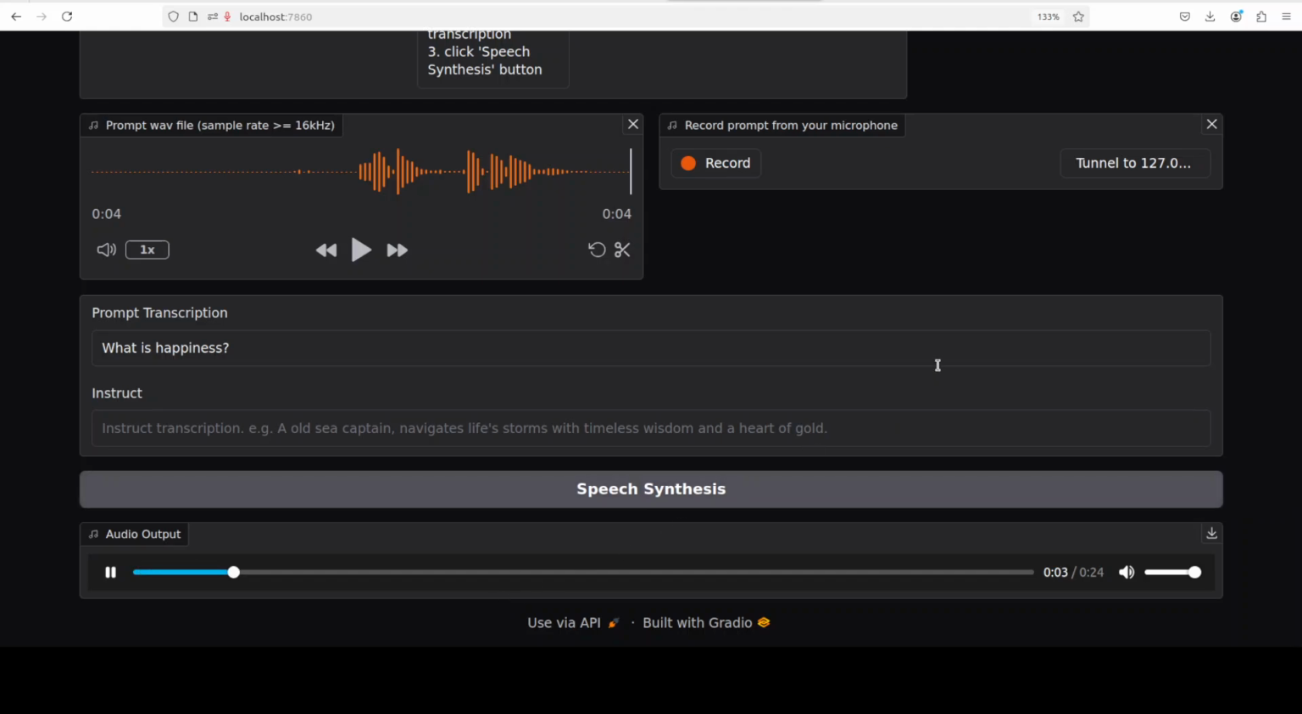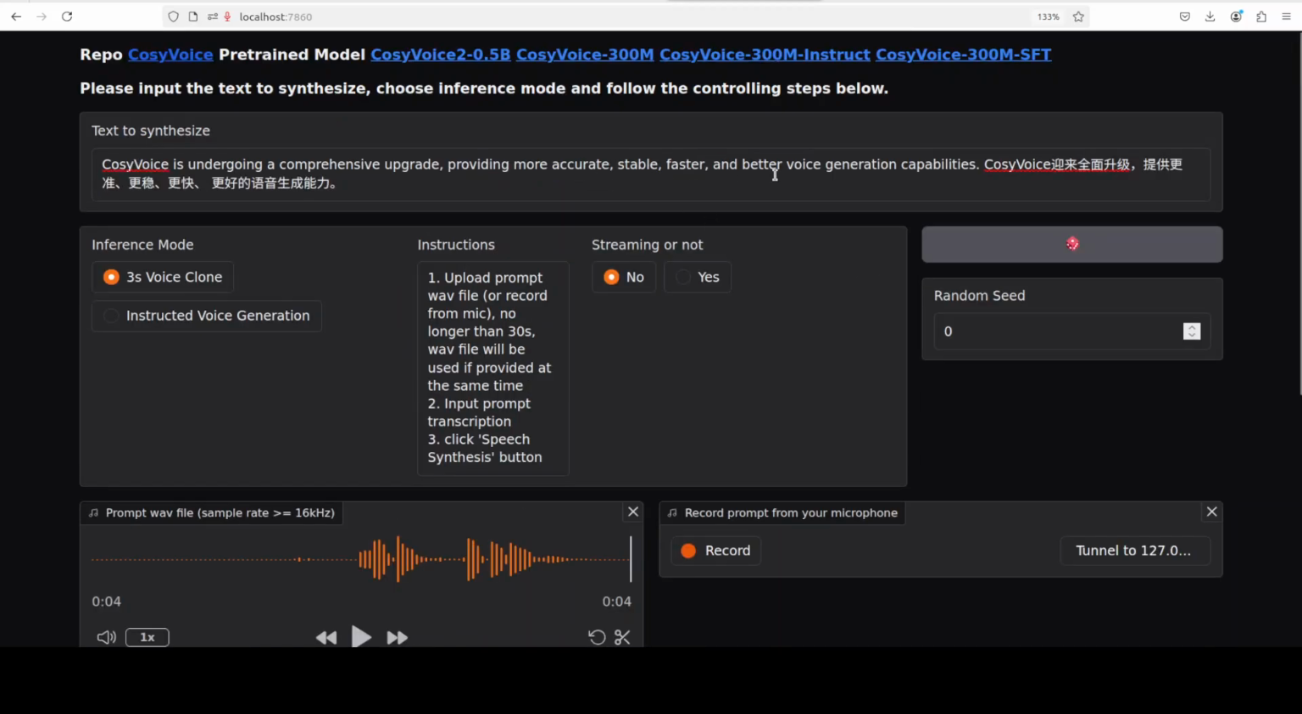CosyVoice is undergoing a upgrade, providing more accurate, stable, faster, and better voice generation capabilities. CosyVoice 迎来全面升级，提供更准、更稳、更快、更好的语音生成能力。